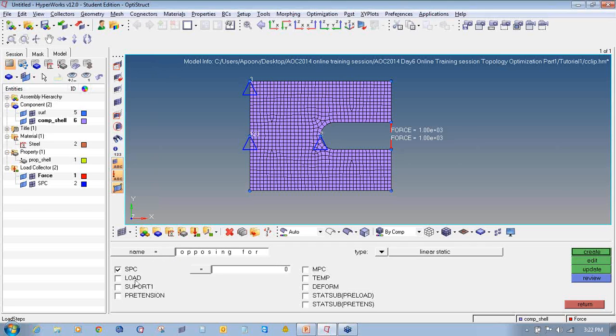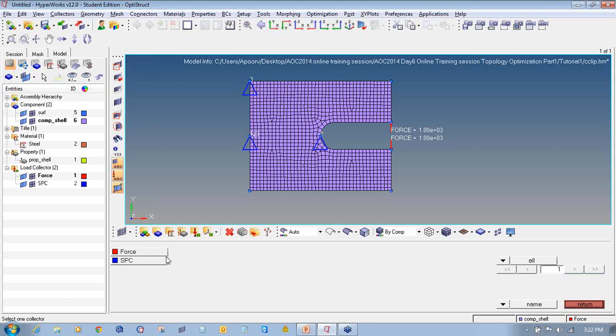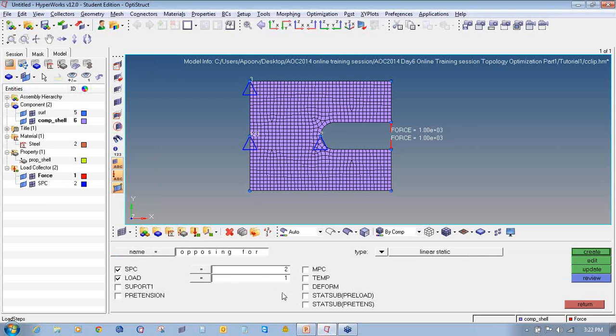Check the box in front of SPC and check the box in front of load. Click here and select SPC. It will tell you the number of SPC, that is 2, and force, that is 1. So this is the load collector number. Then click on create. So on the model browser you can see a load step has now been